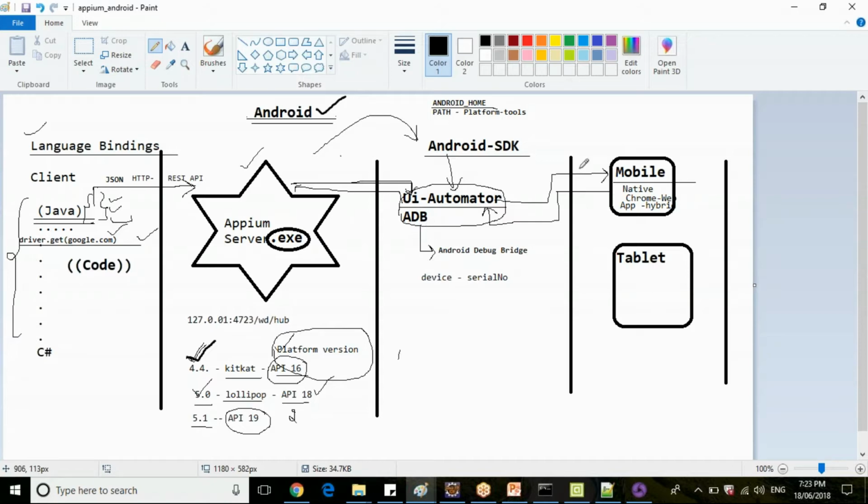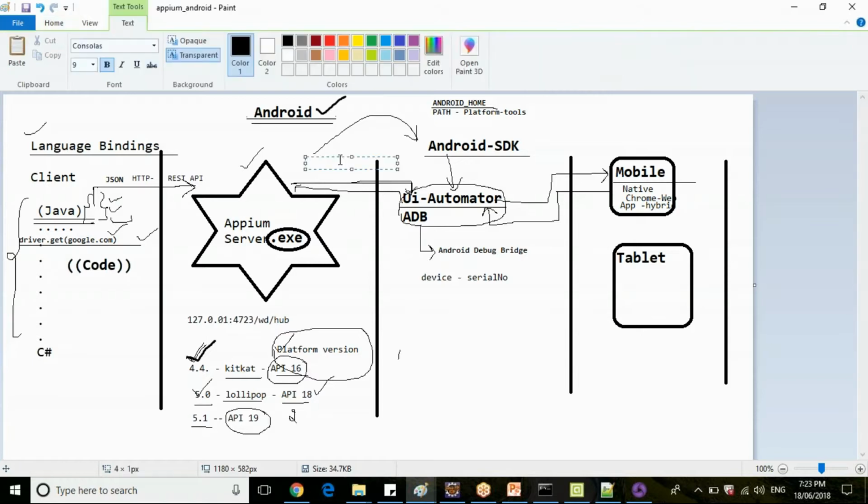It will ask the ADB, hey, can you check whether a particular version 5 mobile is connected to this particular computer or not? If it is returning true, if the ADB devices are available, then the UI Automator will take this JSON, let's say driver.get, this JSON input. How will your driver.get look? It will look like your JSON command here. So let me increase the font size. It will be like this. So your URL colon, what is your URL value? It's google.com.